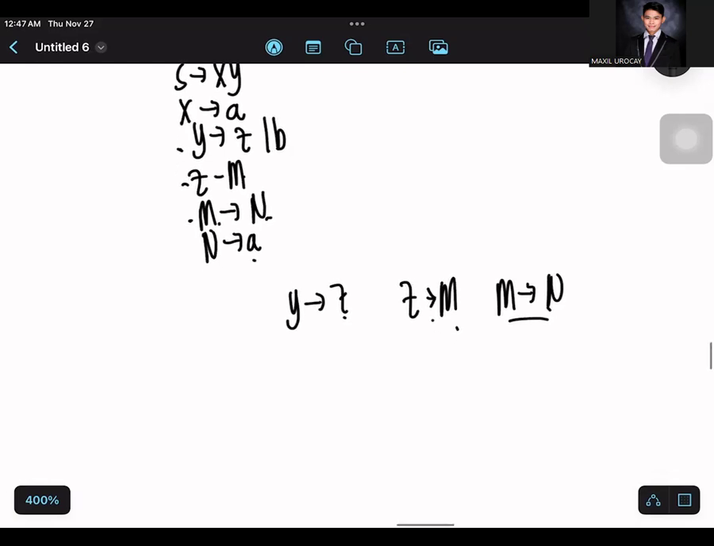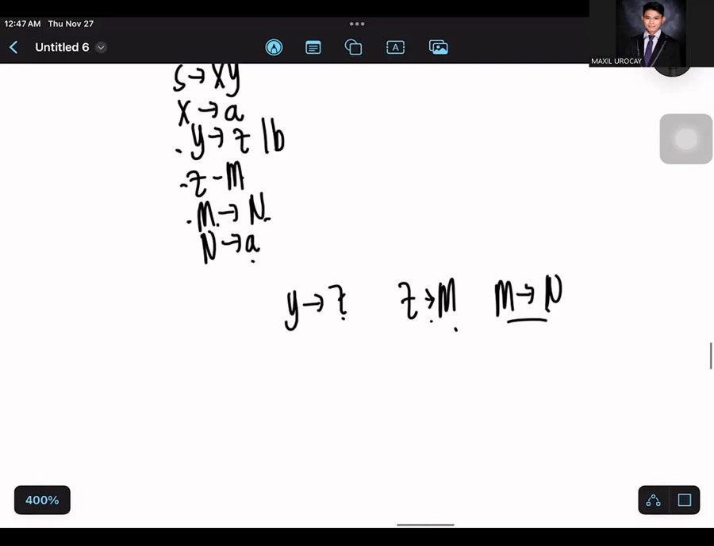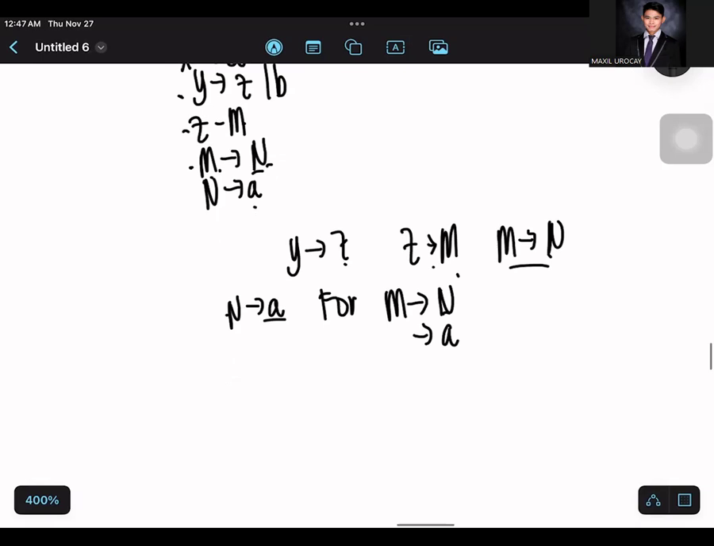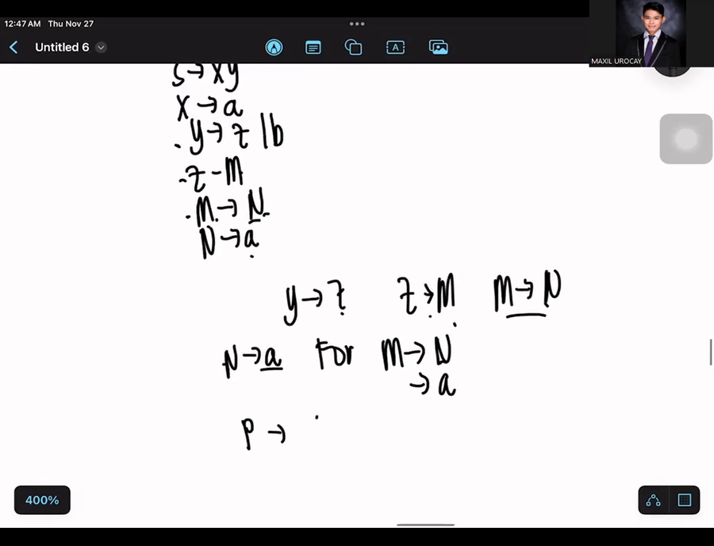We can remove the n first. Since n is equal to a, therefore for m to n it will become a. Why? Because the value of n earlier is a. So your production rule will be updated into